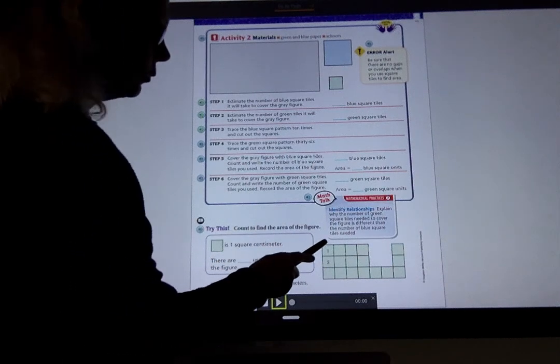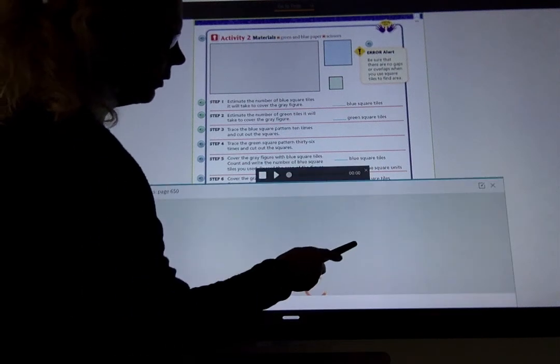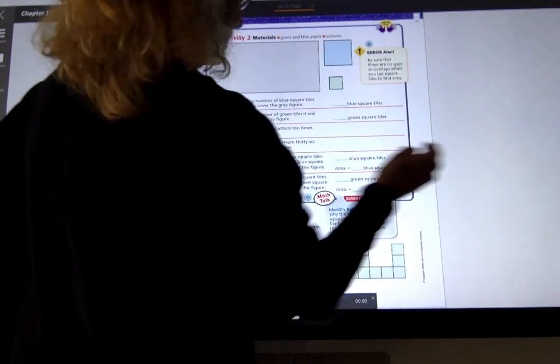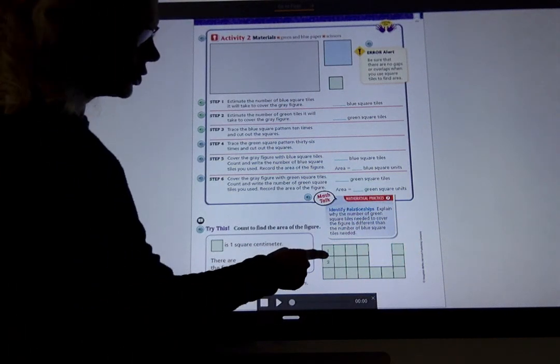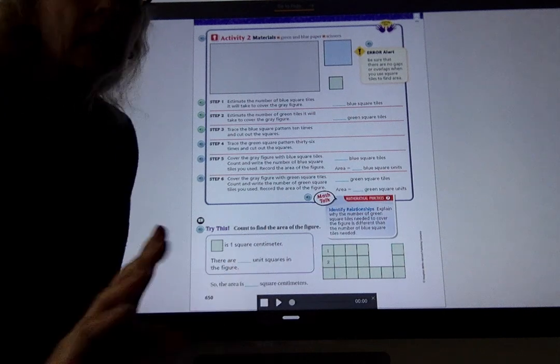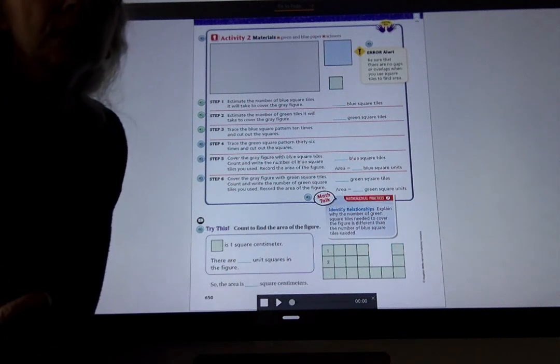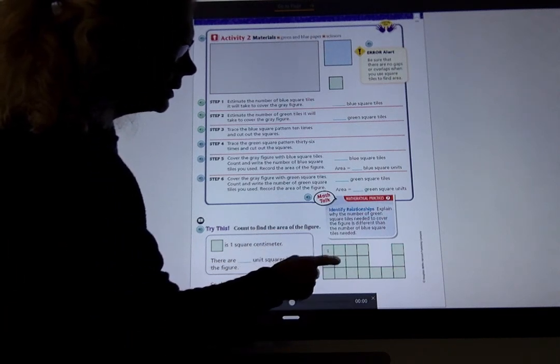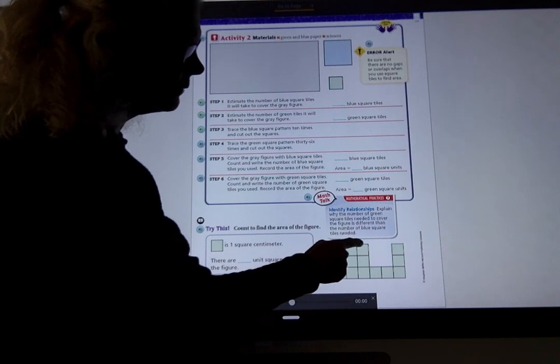I could count 1, 2, 3, 4. Remember when I used to do that? Okay, 1, 2, 3, 4, 5, 6, 7, 8, 9. Some of you might be saying, Miss Lewis, you can go 1, 2, 3 times 1, 2, 3, 4, and